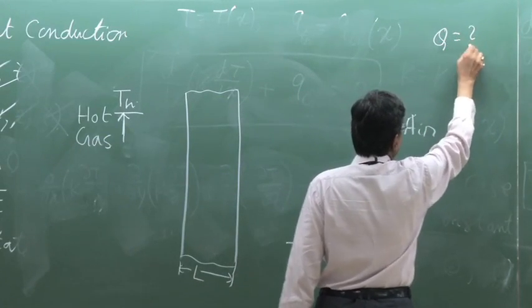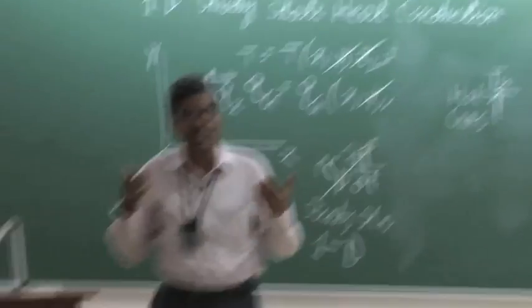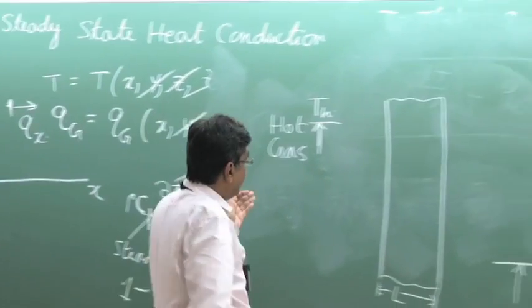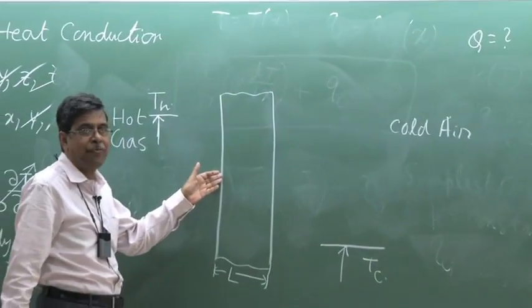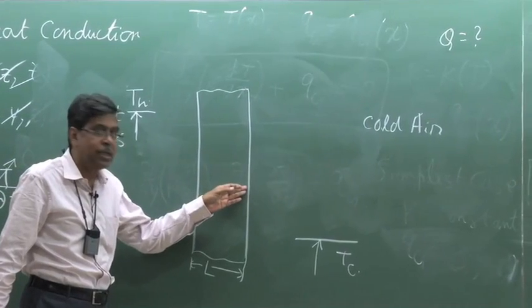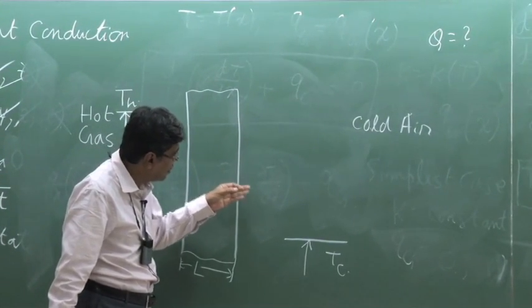What is the value of Q? So in this case, what happens? If the problem is at steady state, that means the heat which comes by convection to this surface from the hot gas is the same one that is conducted through this solid and again is convected from this surface to